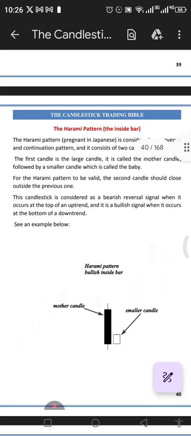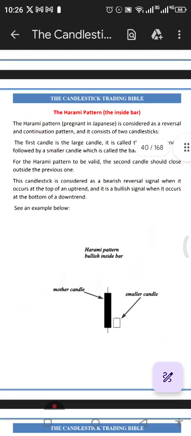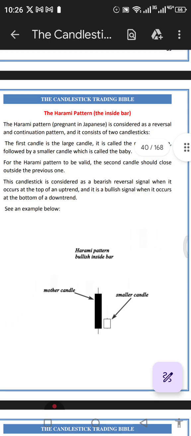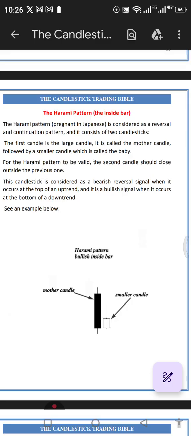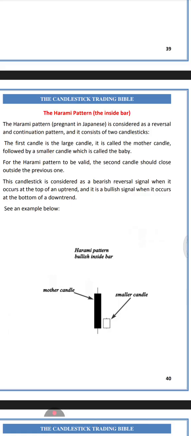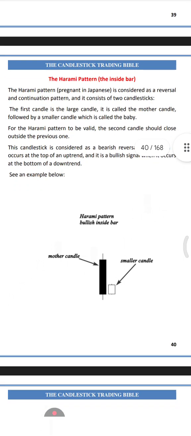Now look at it. You find a mother candle, and then you also see a baby candle, which is a smaller one. So the sellers couldn't move the price to close below the previous candle. The buyers had entered the market, and then they pushed the price up and closed inside of it. Now this harami candle, if it is on a strong bullish trend,